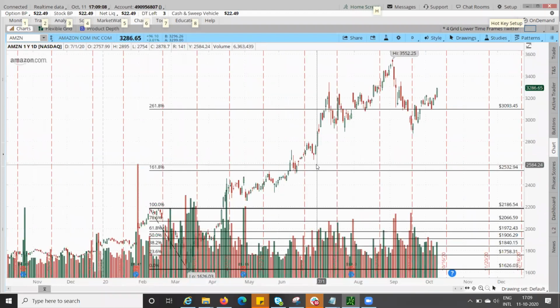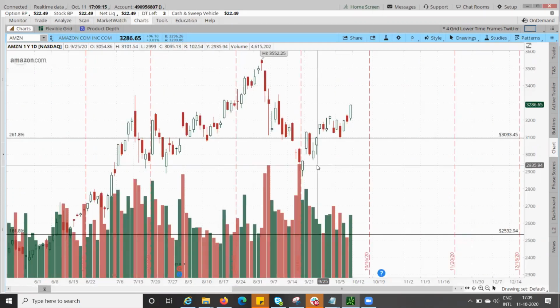Speaking of the gaps, Naval, is there a percentage, like how many points? Let's say for Amazon's case, it closed and then opened only 5 points above. Would that still be considered a gap? A gap is a gap. Okay, thanks. And it will always come back and fill it.